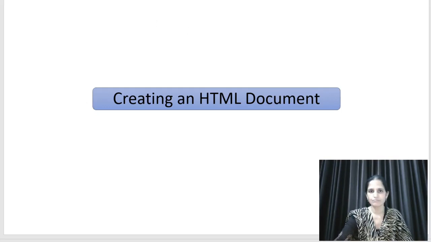This is the simple page. This is the basic structure. This structure is always used in your web document. Always these four tags are included in your web document, and always you close them: HTML, head, title, then title close, head close, body start, body close, HTML close. These are the main and basic structure of your HTML. Every web page includes this structure.